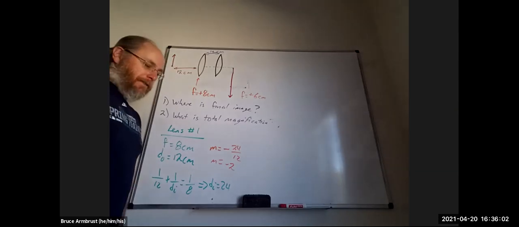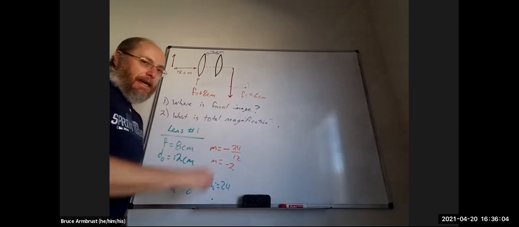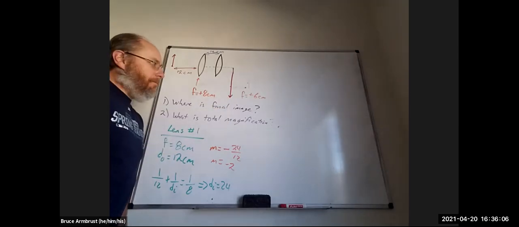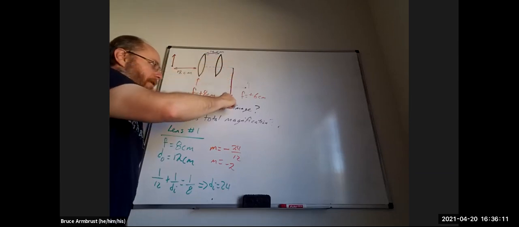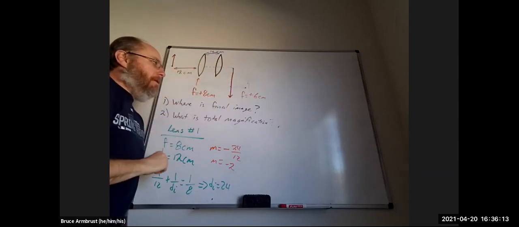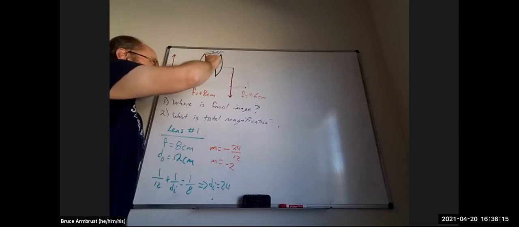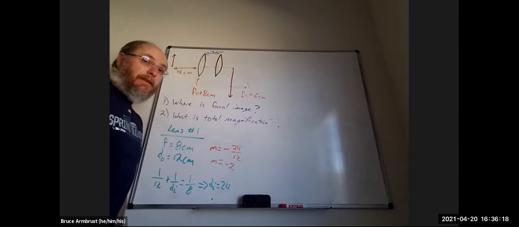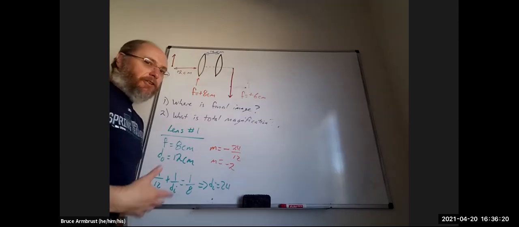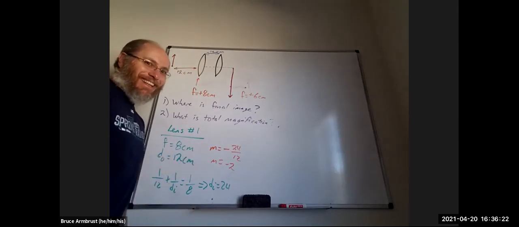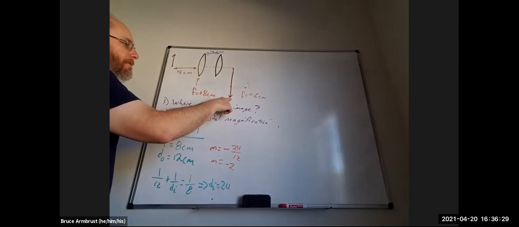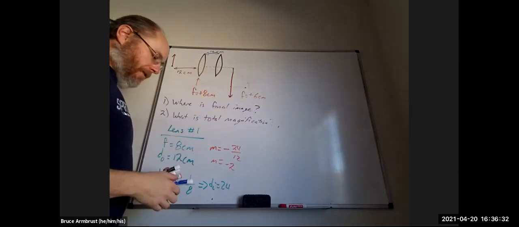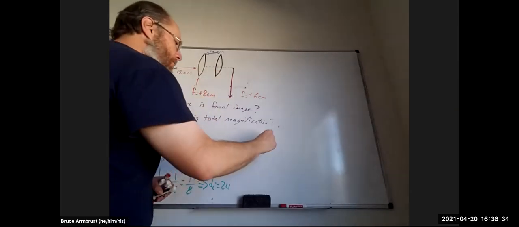But here's the thing. We're not actually going to see that. Remember, all the light rays, as they went through this first lens, are going to bend and form this image. But now those light rays hit the second lens and start doing the thing that they do for that. So it turns out that the light rays don't actually pass through this because of the second lens, which means for lens 2 now,